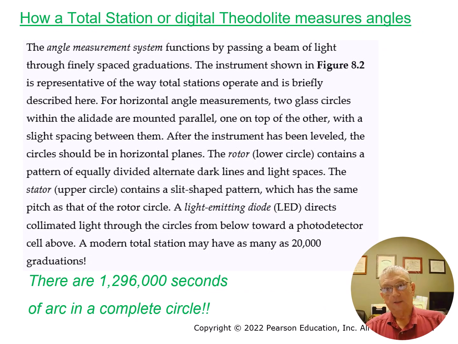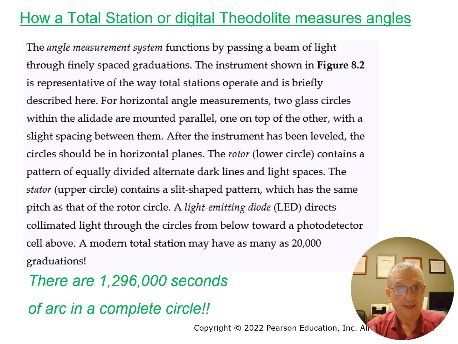Now, let's talk about how total stations or digital theodolites measure angles. Some of the earlier models had a very finely polished steel plate and a rubber wheel that sat on it. That rubber wheel was like an odometer counter that measured the angles. They figured out though that if you got a little grease on that plate, the wheel could slip and you could have huge angular errors, and they never could quite figure out how to resolve that. So what they came up with is a way that